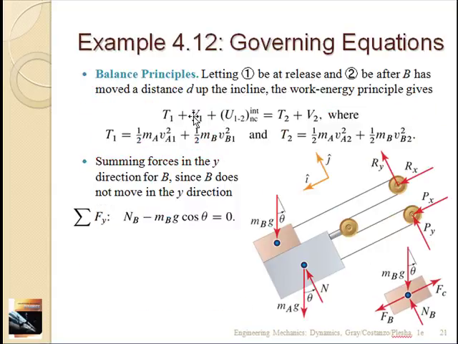So we can look at our conservation: the initial kinetic plus initial potential plus the work done by the internal non-conservative force, that's the friction between the two blocks, is the final kinetic plus the final potential. Okay, the initial kinetic is 1/2 M_A V_A1 squared, the kinetic of the first block initially, plus the kinetic of the second block initially. And then this is the final kinetic energy.